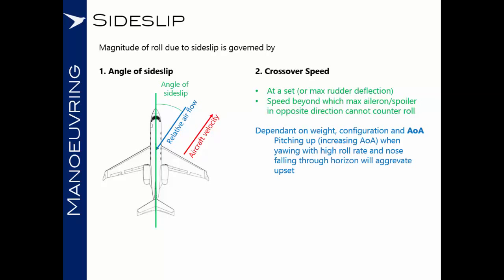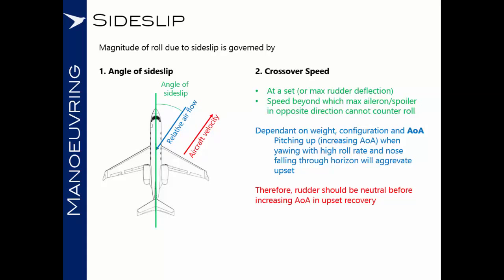This is dependent on our weight, our configuration, and importantly our angle of attack. So for us in upset recoveries, when pitching up, increasing the angle of attack, if we are yawing with a high roll rate at the time, we will aggravate the upset, not resolve it. Therefore, if we are going to effectively recover from an upset, the rudder should be neutral before we increase any